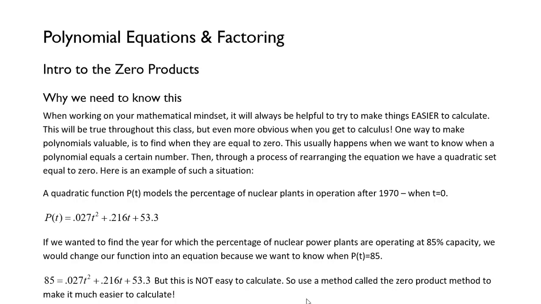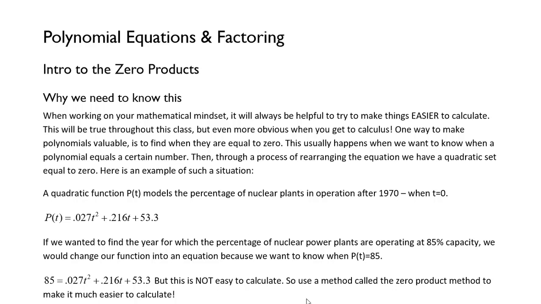When working on your mathematical mindset, it will always be helpful to try and make things easier to calculate. This will be true throughout this class, but even more obvious when you get to calculus. One way to make polynomials valuable is to find when they are equal to zero. This usually happens when we want to know when a polynomial equals a certain number. Then, through a process of rearranging the equation, we have a quadratic set equal to zero, and here's an example